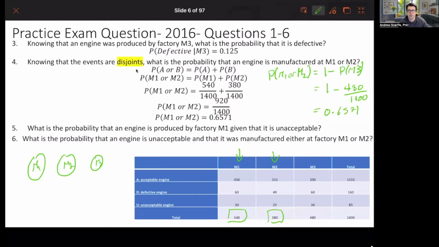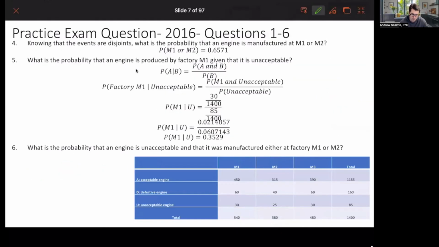Okay, so let me just finish up solving these questions and then we'll go to some other content. What is the probability that it's produced by factory M1 given it's unacceptable? So the probability of M1 and unacceptable divided by the probability that it's unacceptable gives us 30 divided by 1400, divided by 85 divided by 1400, which is just simply 30 divided by 85, which gives us